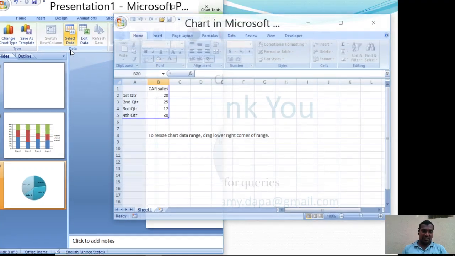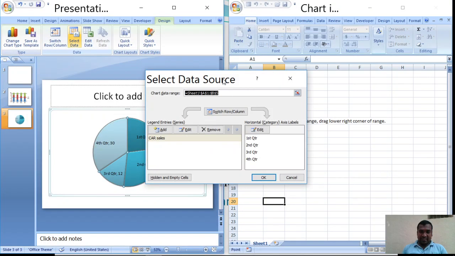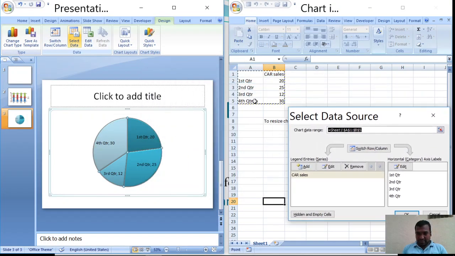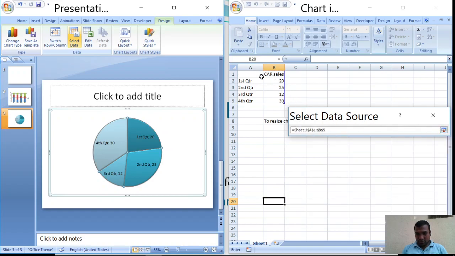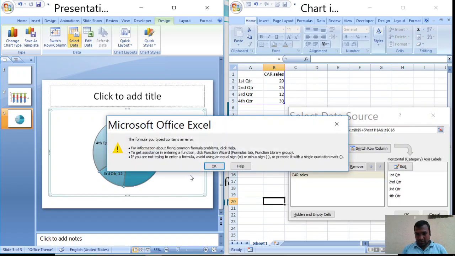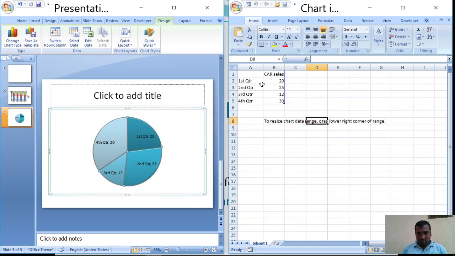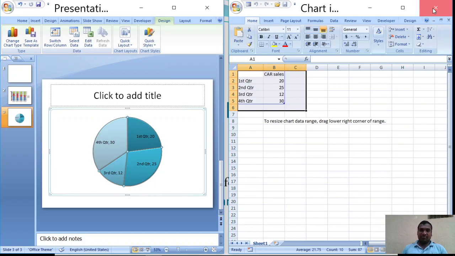So click on this one, and in the selection bar this area will be highlighted. If you want more, you can choose this one. Like this, if you want to add any more information either vertically or horizontally, after entering the data you can choose those respective rows and columns by using the Select Data command, and then they are going to be added into the chart.